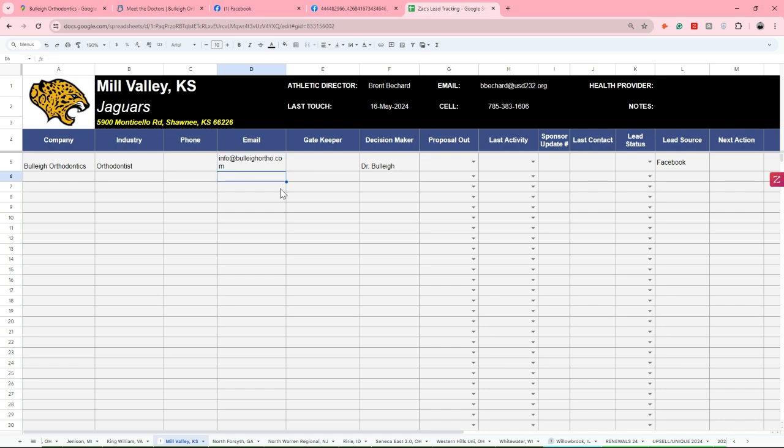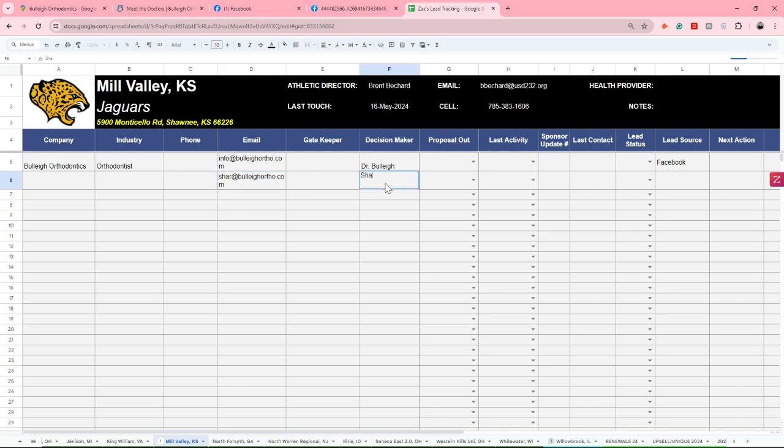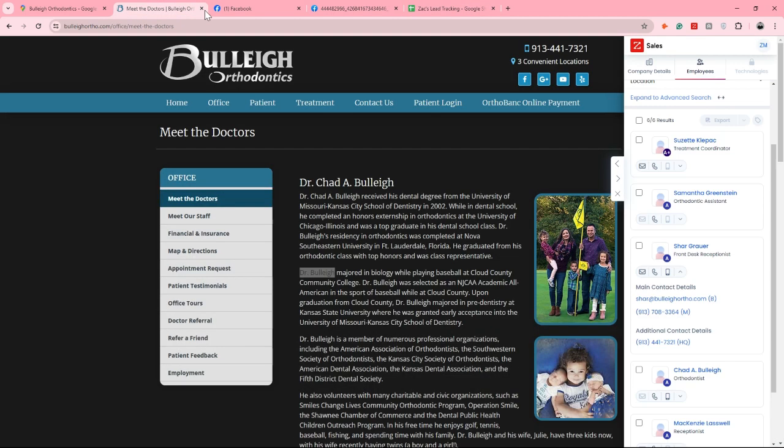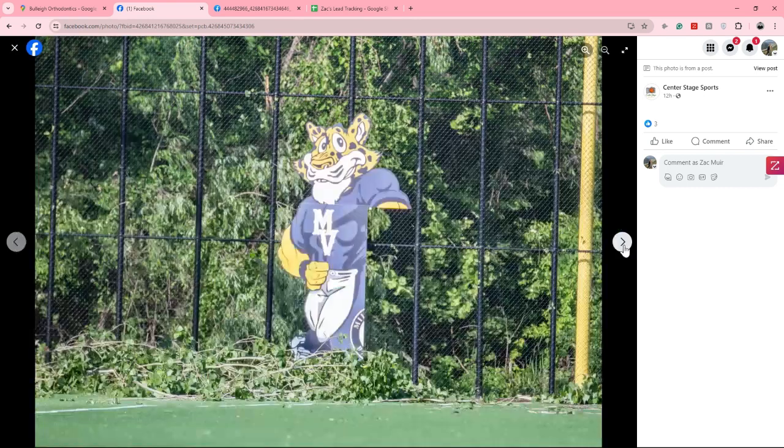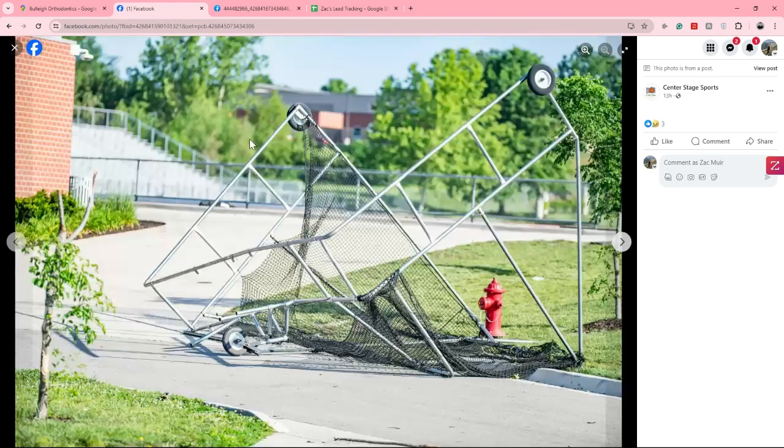So come over here and we'll paste her email in. We'll type in Shah because she's the appropriate person, and it's to the same business in the same industry. So yeah, there's one example. Again, we could go through and do the same for the other sponsors here. But I want to keep searching and showing you